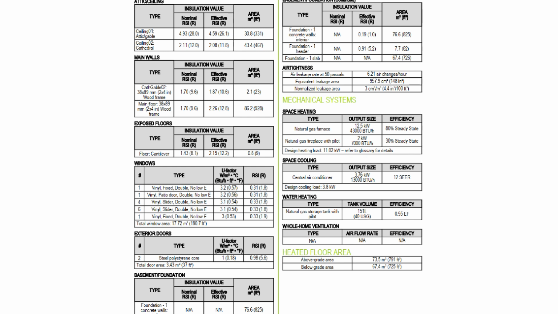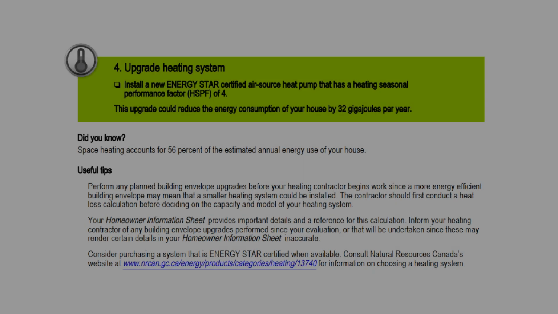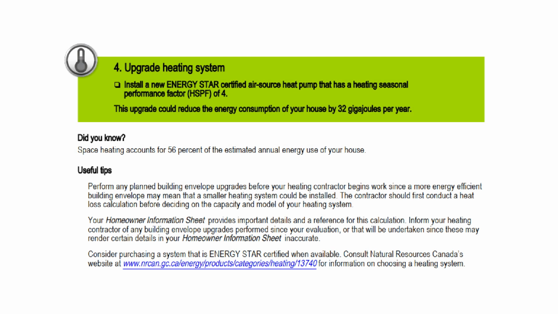Everything from the thermal performance of the walls, roofs, window assemblies, through to the heating and cooling devices, as well as water heating devices at the home. So it documents what the inputs were. And now I'm starting to get into some recommendations on the measures. So these are the energy conservation measures I mentioned.